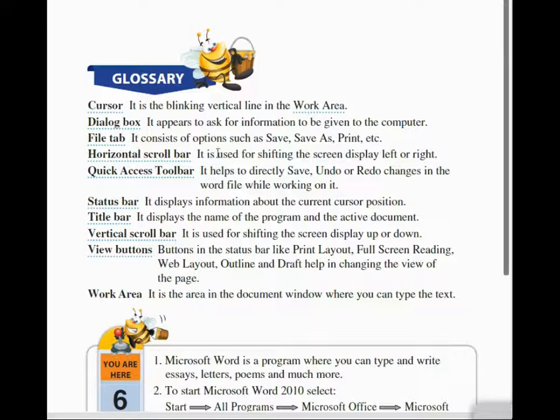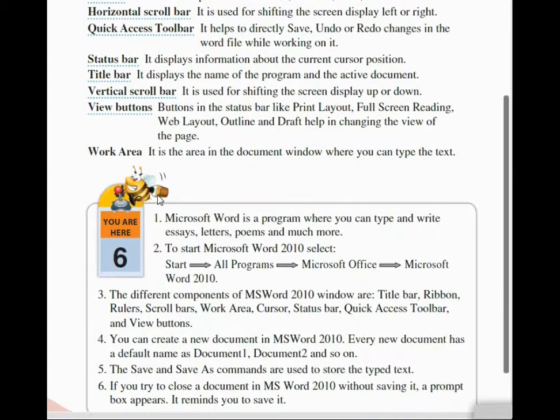The file tab, it consists of options such as save, save as, print, etc. Horizontal scroll bar, it is used for shifting the screen display left or right. Quick access toolbar, it helps to directly save, undo or redo changes in the Word file while working on it.